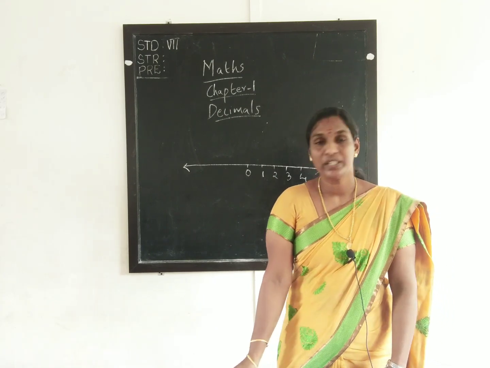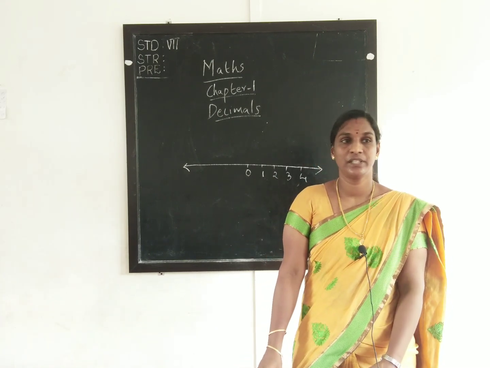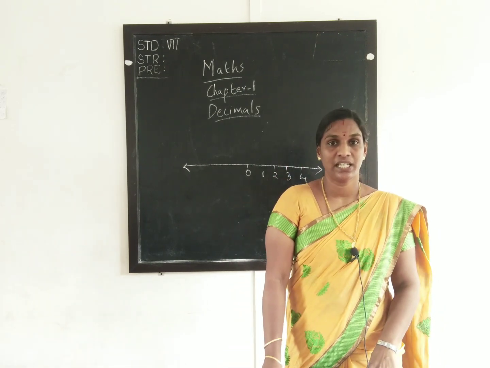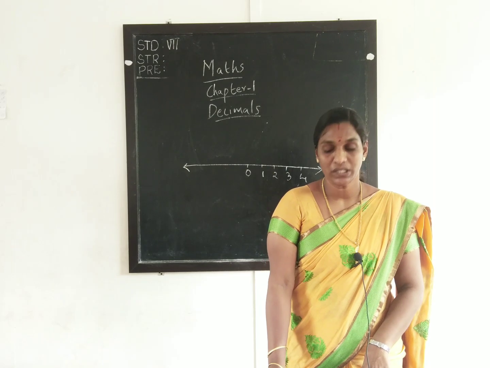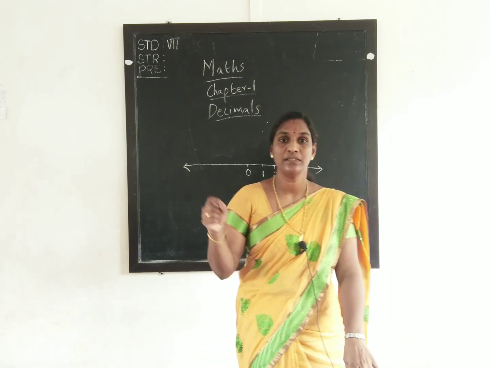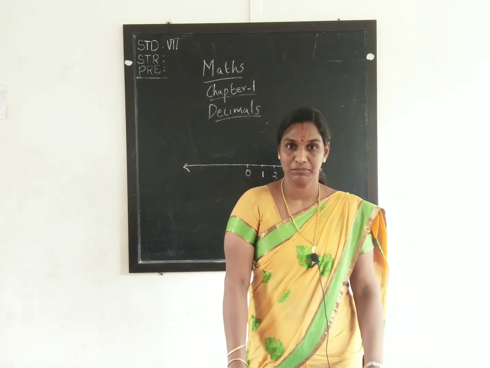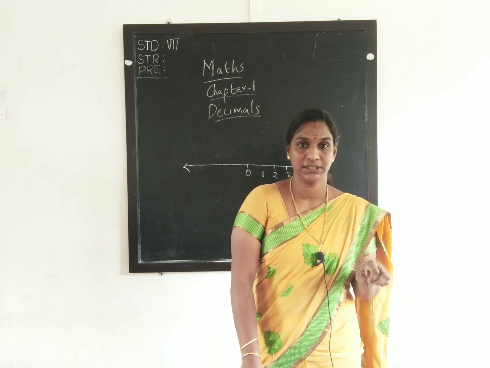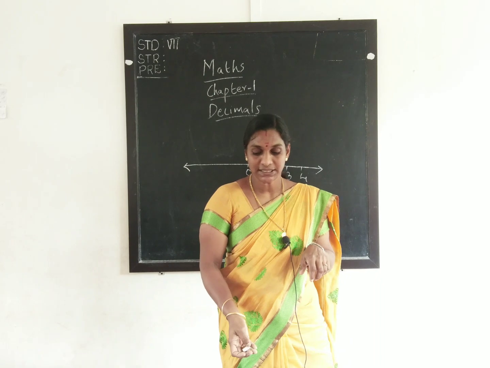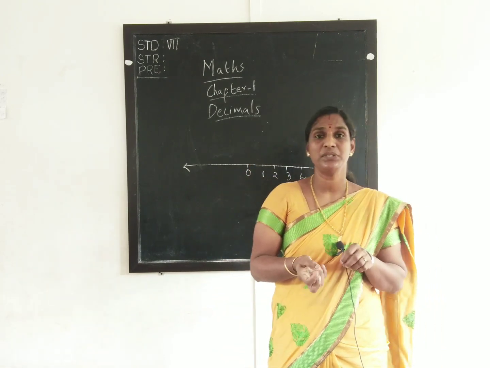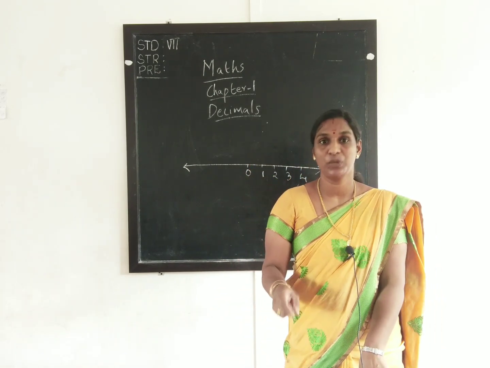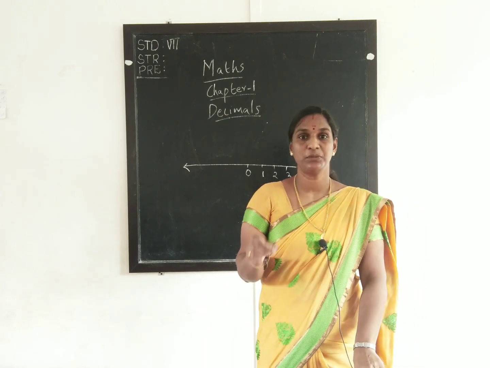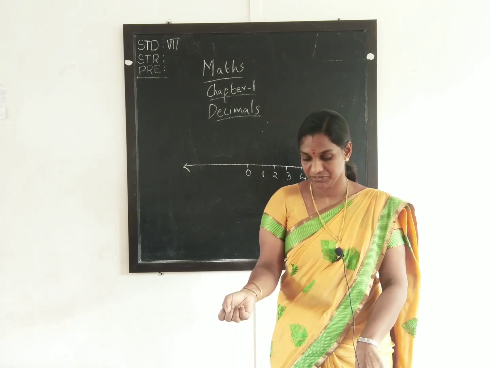Do you know what natural numbers are? Natural numbers are the numbers which start from 1: 1, 2, 3, 4, etc. Those are called natural numbers, and there is another set of numbers called whole numbers. These whole numbers start from 0. In the natural numbers there is no 0. It starts from 1, 2, 3 and 4. And in the whole numbers it starts from 0.